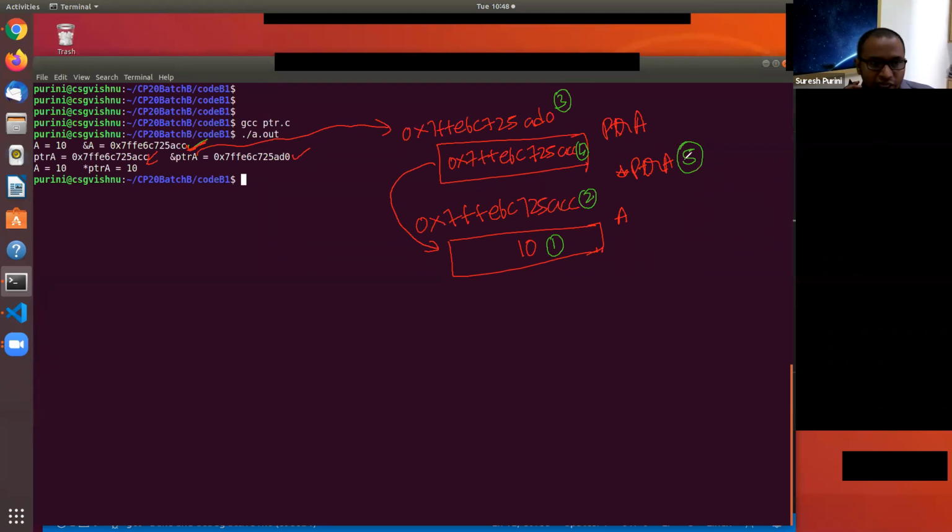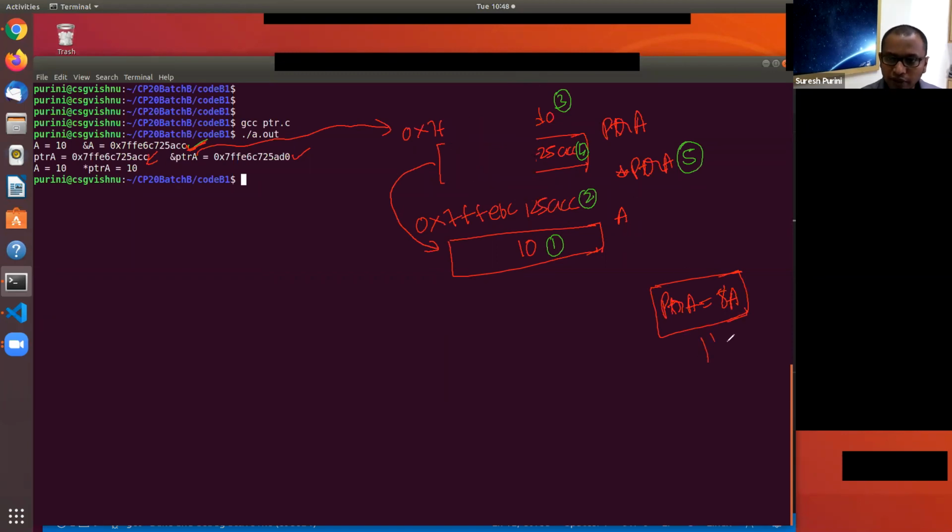The data type of PTRA is not int, it is int star. The fourth observation is PTRA contains the address of the variable A. It is not always true, but because we have the statement PTRA is equal to address of A, it is true. So this whole thing implies observation 4.